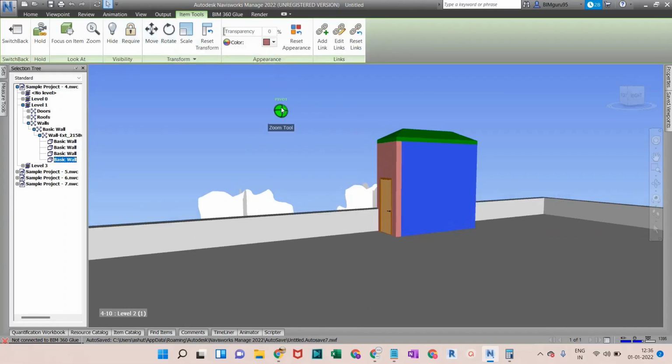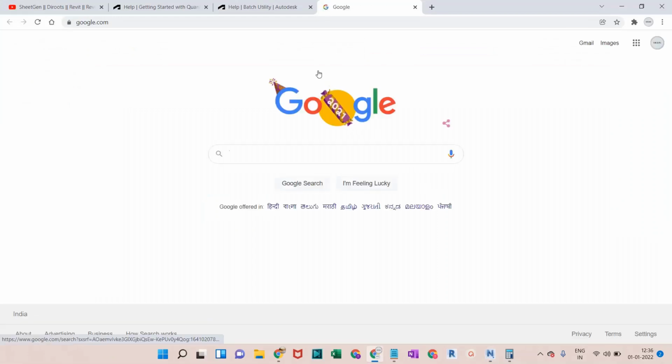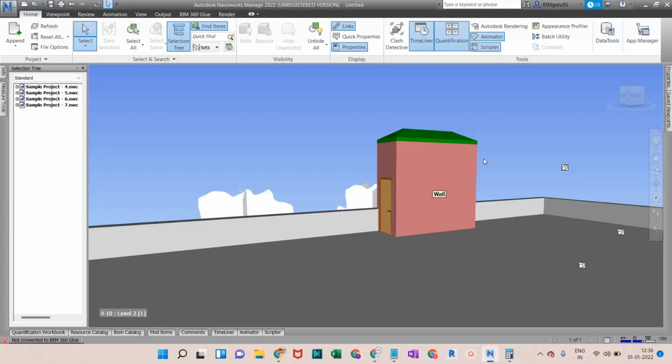First of all I'll uncheck that particular comment. Now if I go to the links and turn it on, you can see the hyperlink is activated. Now if I move my cursor right there, you can see the website name as well. If I click on that wall, it will show me the website that I have put in that link.